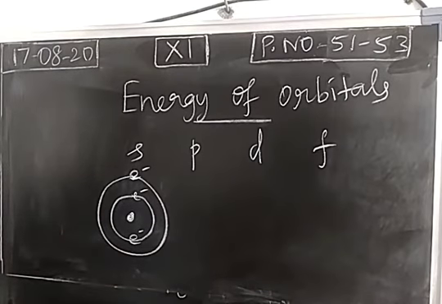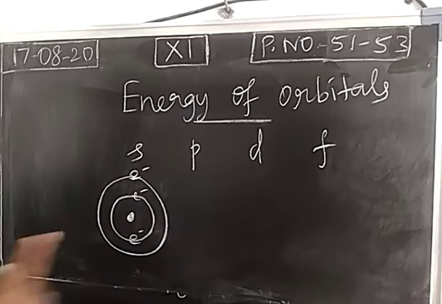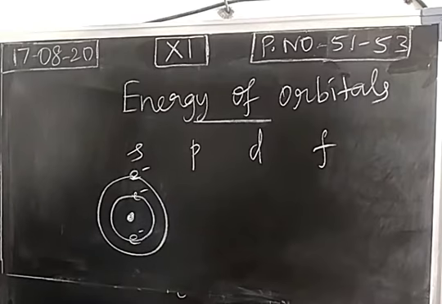Now the protons present in the nucleus attract the electrons, and along with the attraction between the proton and electron, there will be electron-electron repulsion also. So two forces are acting in an atom. One is attraction between the proton and the electron. Another one is repulsion between the electrons due to charges, right? All the electrons have the same charge, so electrons will repel each other. At the same time, the electrons are attracted by the protons. They are acting in opposite directions, isn't it?